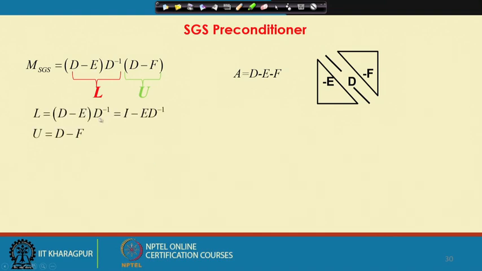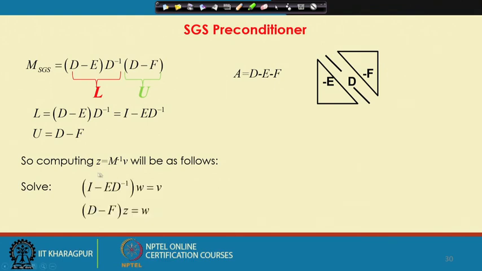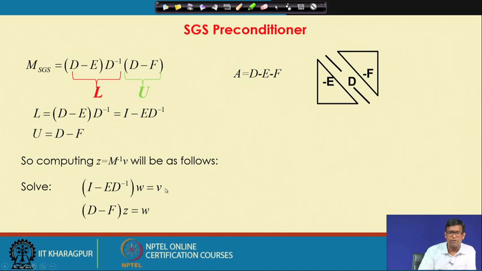L is equal to D minus E D inverse, which is I minus E D inverse, U is equal to D minus F. Now, if we have to find Z is equal to M inverse V, some M inverse operation has to be done. The first operation will be I minus, because this is LU. So, L W is equal to V, which is I minus E D inverse W is equal to V, and